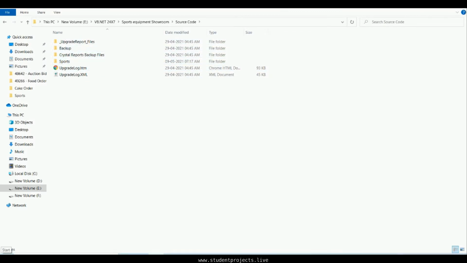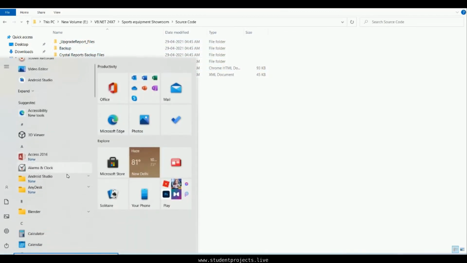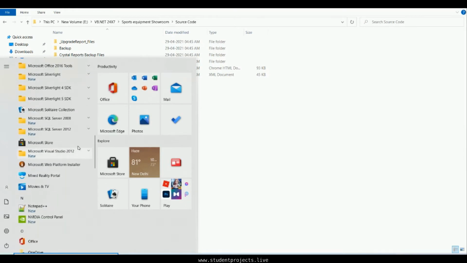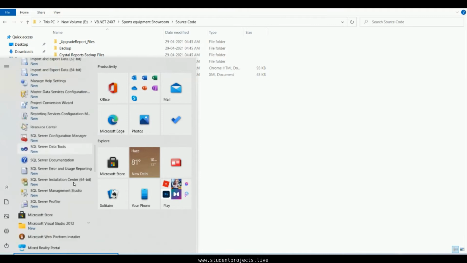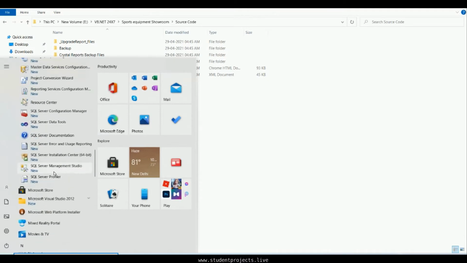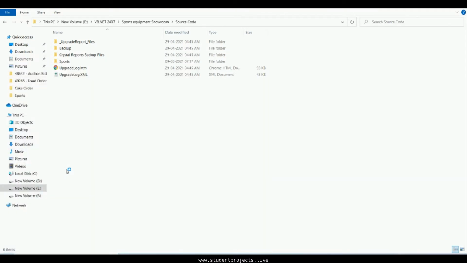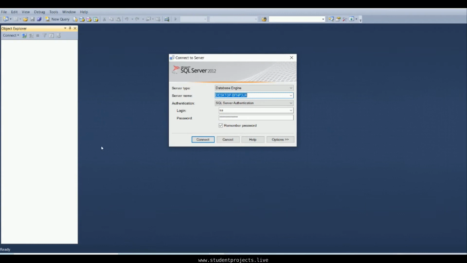And we have created the SQL Server for this, and you can view it under Microsoft SQL Server 2012. And here you have the file SQL Server Management Studio. So let us open the SQL Server Management Studio, and you can see that it is open now, and you can see the server type is database engine. This is the server name, and the default login ID is SA and the password is technology. You can give any password as you wish.